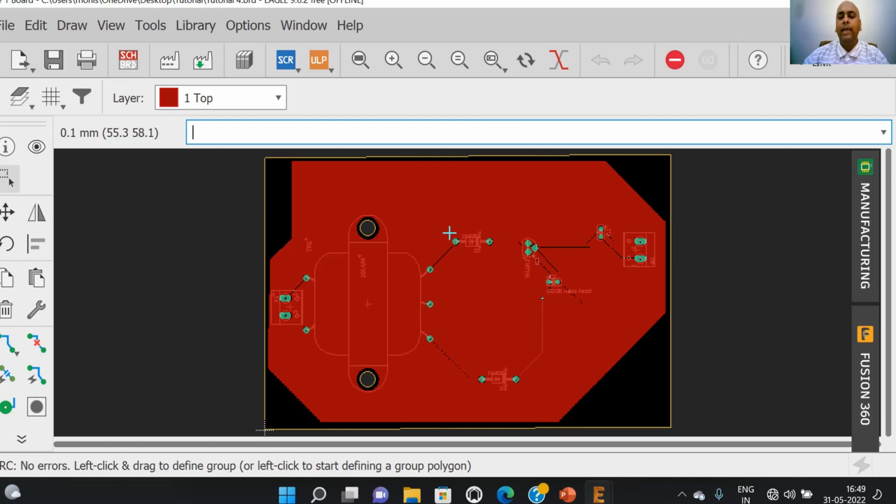Now this board is ready for the purpose of fabricating the PCB. This board layout can be used directly to print the PCB by using the toner method, and we can use the Gerber files of this board so that we can fabricate the PCB through a manufacturer. So this is all that we want to discuss in this class. In this class we have discussed how to design the board layout of a PCB.